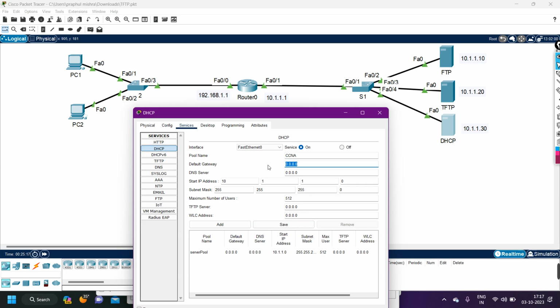After that, the default gateway IP address. The default gateway IP address will be 192.168.1.1. For PC1 and PC2, this will be the default gateway. Okay, and then the DNS server IP address. If there is a DNS server, you can provide the DNS server IP address. Let me provide 8.8.8.8, and then the starting IP address